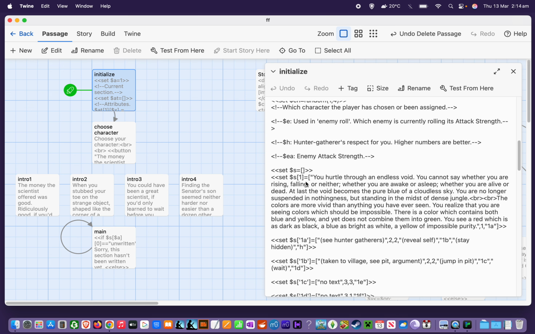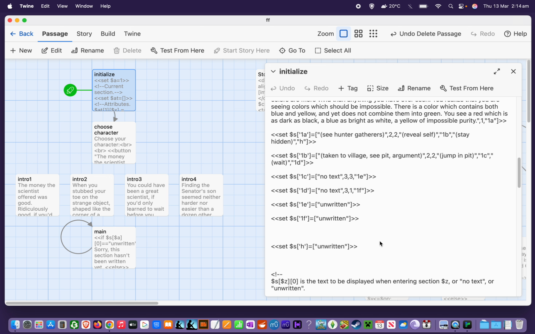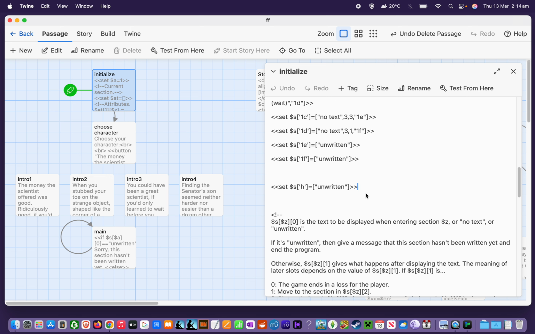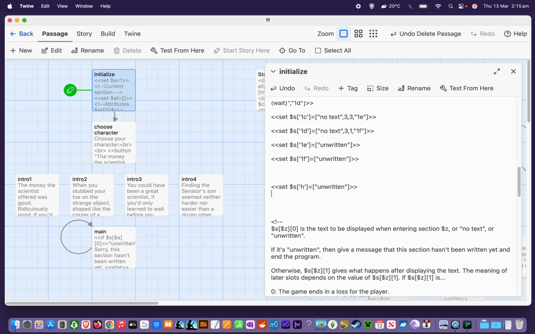Each slot of the array is a section, and it can have a number, as in this one, or it can have a text description, as in 1A, 1B, 1C. We could have longer text descriptions. In the example that I was just doing, we could have set S junction, something like that. That's probably not a very good example because there's probably going to be lots and lots of different junctions if it was a fairly big game, but we could have section junction, and then we put the data that is related to that